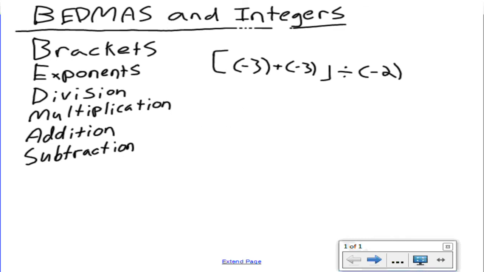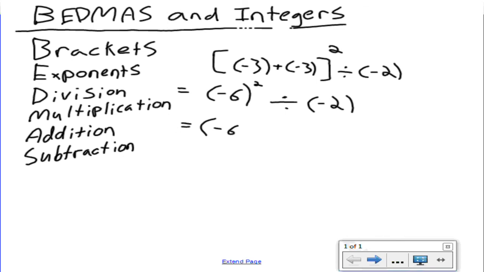So it's negative 3 plus negative 3 squared divided by negative 2. Okay? Negative 3 plus negative 3 is negative 6. We've already determined that. Squared divided by negative 2. Okay? Negative 6 squared is the same thing as saying negative 6